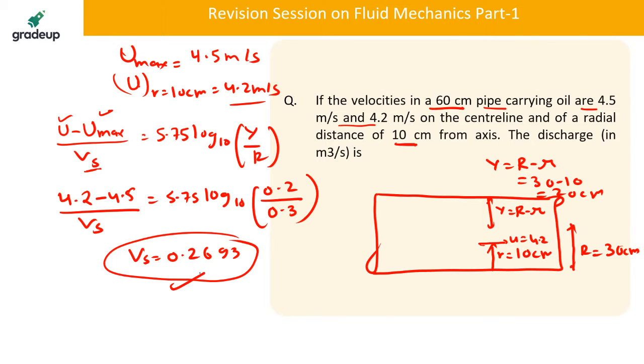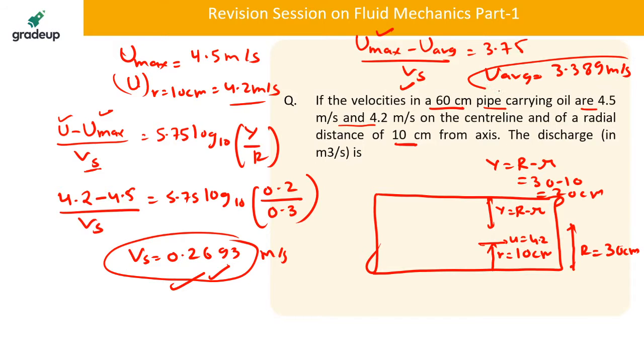Then you will be using this relation. I have told you in the last question that maximum velocity minus average velocity, divided by shear velocity, is equal to 3.75. So from here you will get the average velocity, because the maximum is known to you and the shear velocity you have got from here. You can use this relation to find the average velocity. So what average velocity will you get? You will get average velocity as 3.389